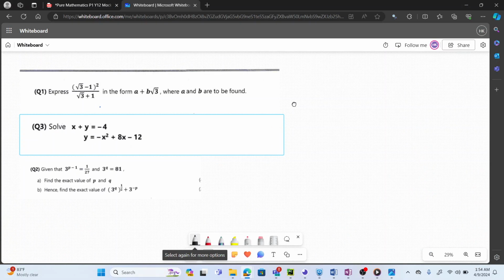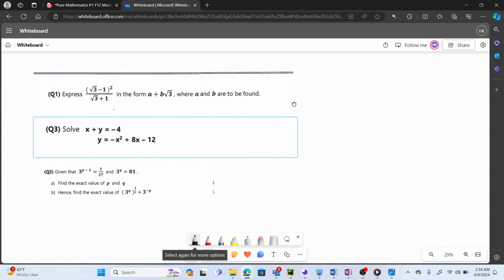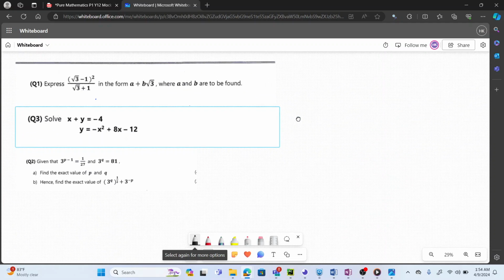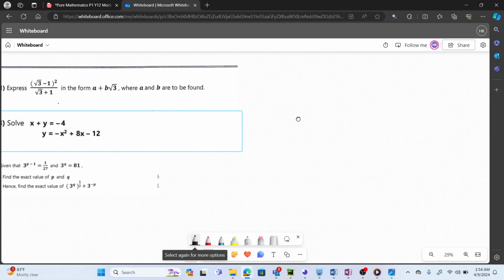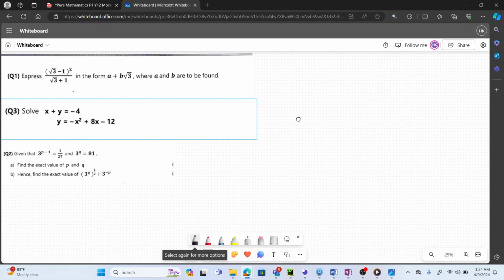Alright guys, we got 3 questions from Edexcel AS1, so we'll try each one of them and see how things go. Right, so the first question is that we need to bring this particular expression to this format. So what you have is (root 3 minus 1) entire thing squared divided by root 3 plus 1. So the first thing is that I need to get rid of my denominator,